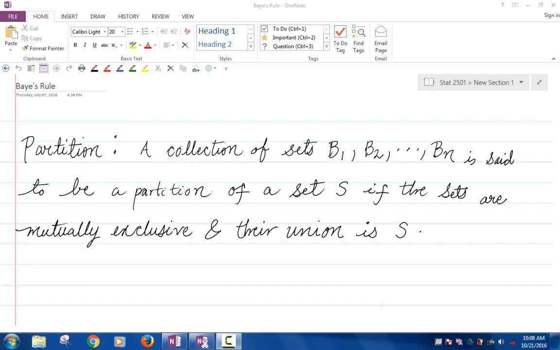Okay, so we start this section on Bayes' rule by the following definition. The definition of